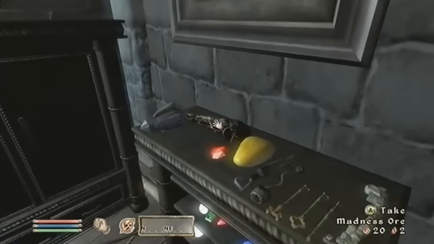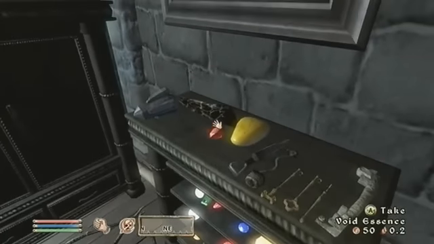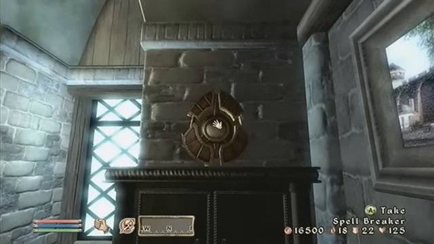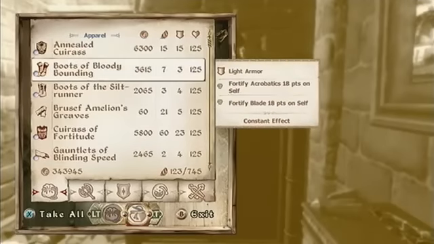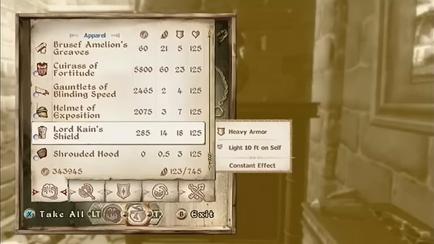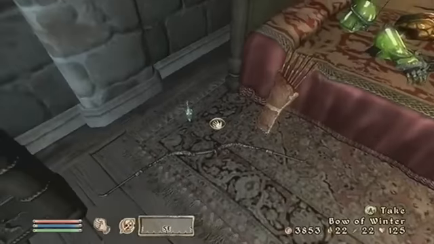Shard of Ore. This is what Magus Ore looks like. This is what Amber looks like. This is a Void Essence from the Shivering Isles. A Heart of Order. Over here I have the Spellbreaker, Daedric Shrine. Then you come in here, you have all your unique armors, which I didn't know what to do with for some reason, so I just threw them in here. Lord Kane's Shield. Is that... oh my god, that's another Battlehorn. I never knew how much stuff the Battlehorn gave. Anyways, next up we have...